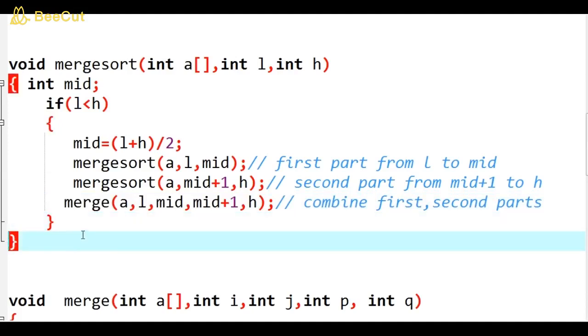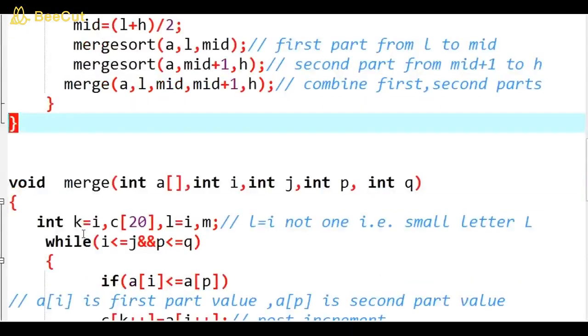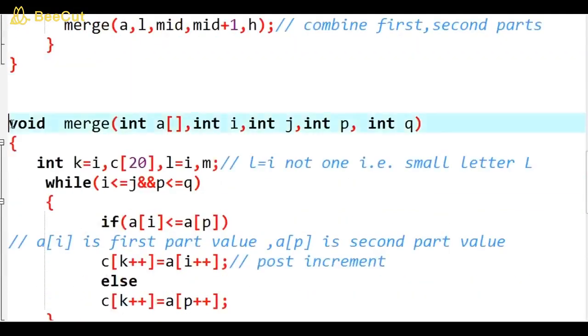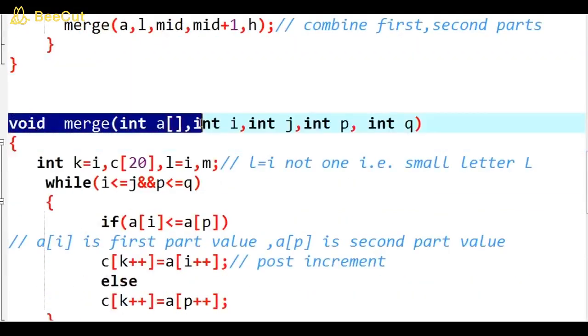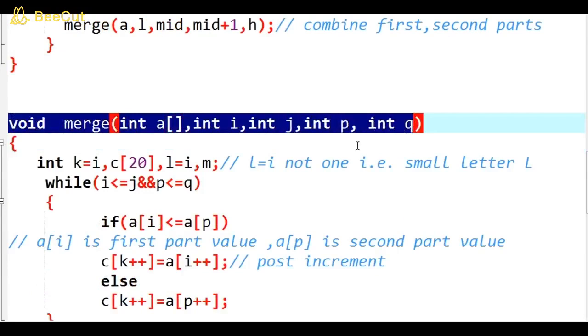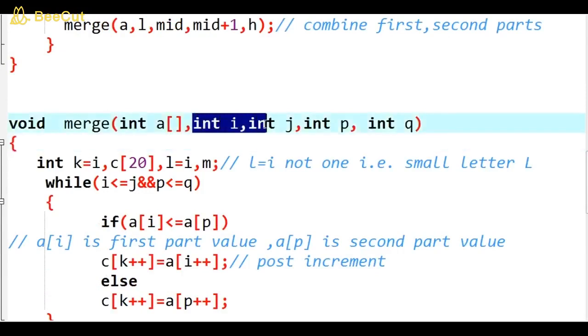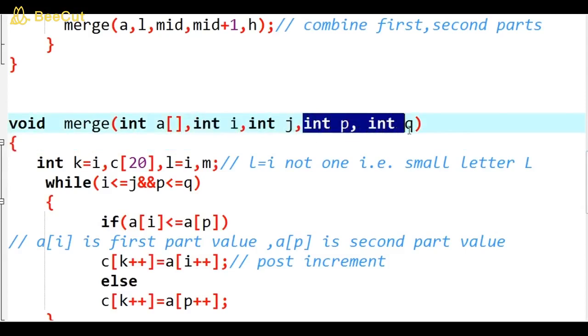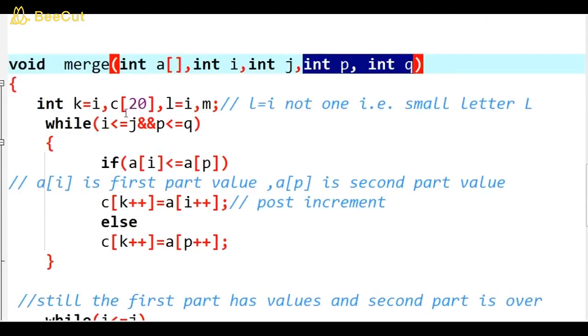Now we have to write the merge operation function definition. void merge(int a[], int i, int j, int p, int q). Meaning is that a is the original array, i and j indicate the first part, p and q indicate the second part.